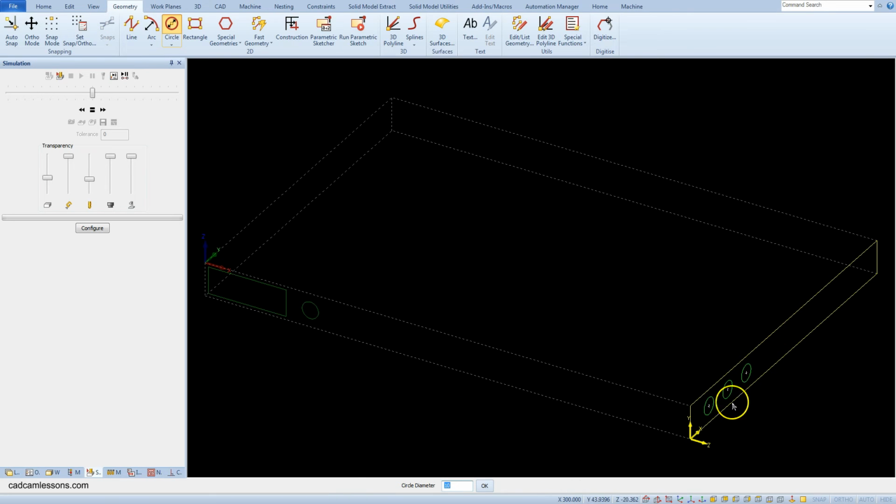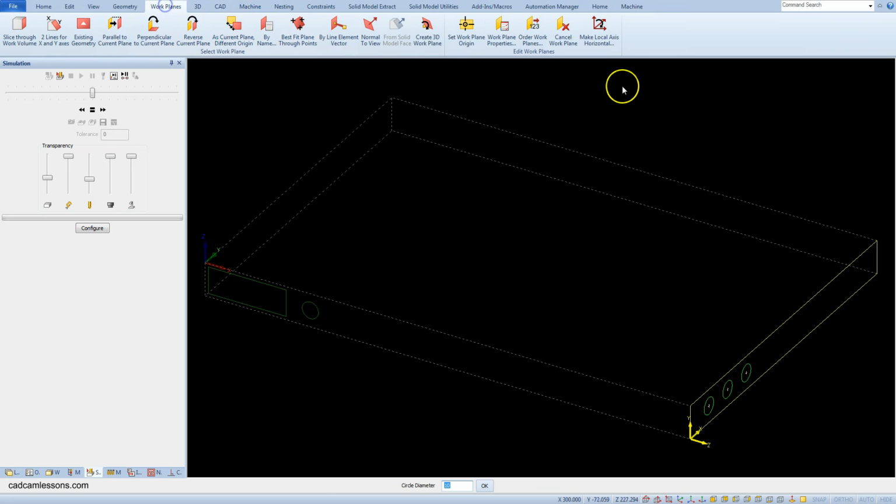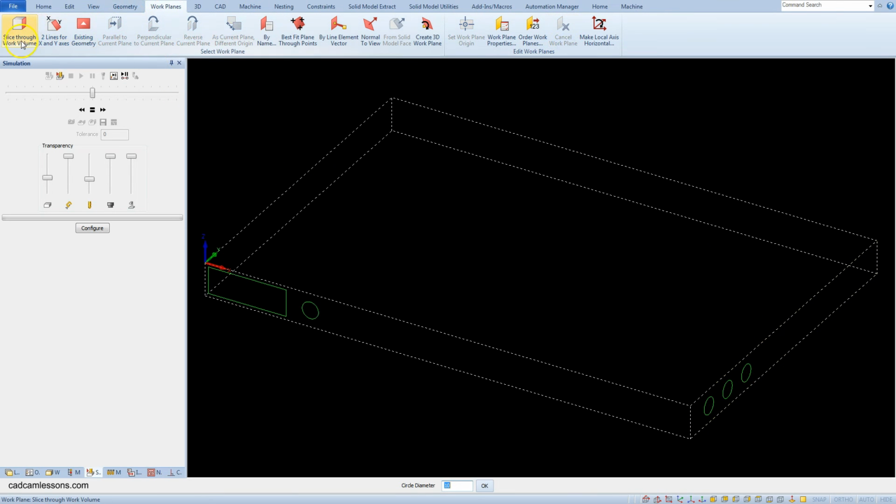Now we will create another work plane, but first let's cancel this work plane and select Slice through Work Volume and select this line. And this time the z-axis of the local coordinate system is directed to the center of the work plane. The direction of the z-axis is the direction from which the tool enters the material, and the z-axis should be directed outside the work volume. To do this, select Reverse Current Plane,